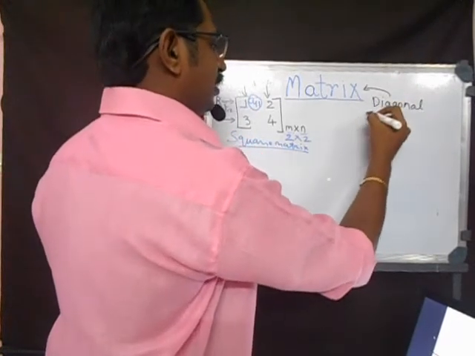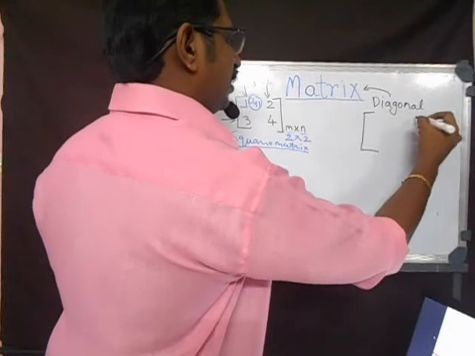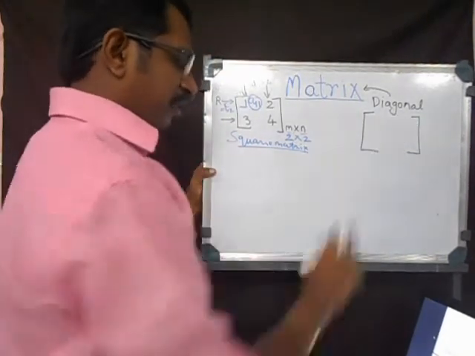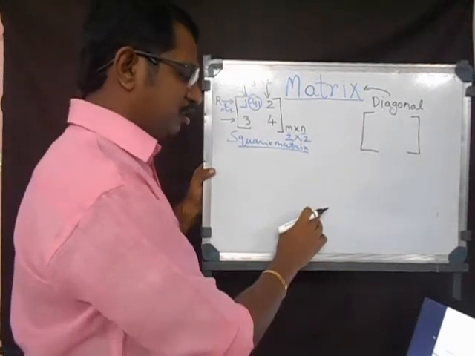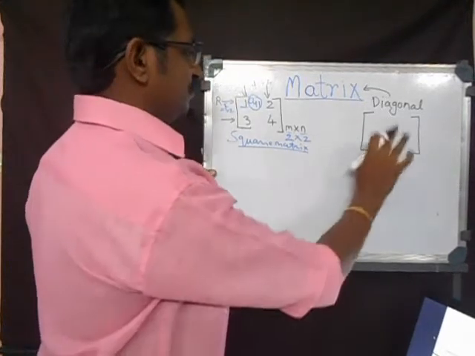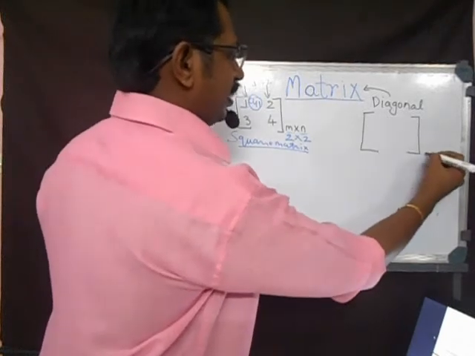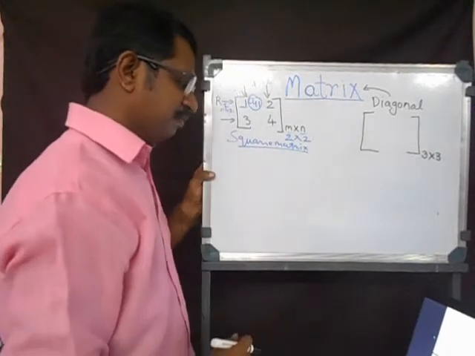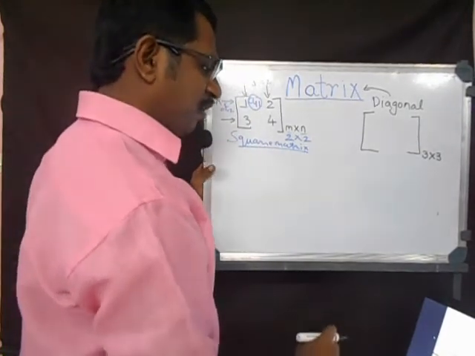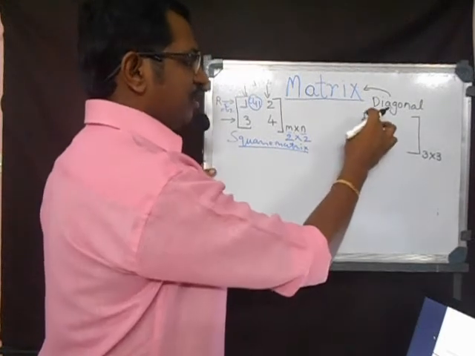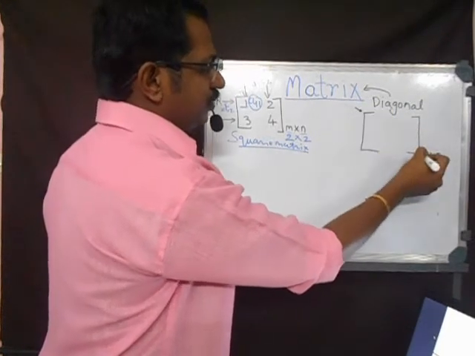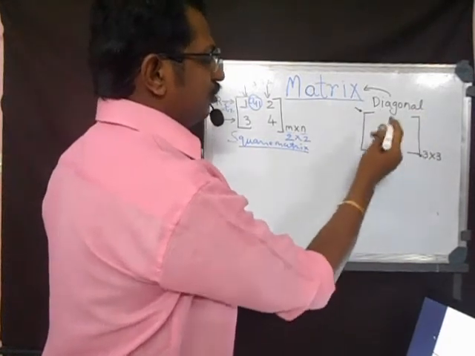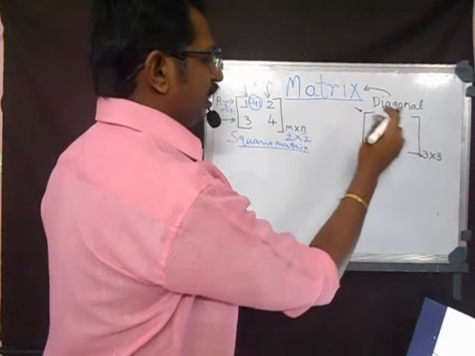What is this diagonal matrix? Say we are writing a matrix. It should be a square matrix. The first condition for a diagonal matrix is that it should be a square matrix. So we write down a 3 by 3 matrix this time, which is a square matrix. Then the second condition is having non-zero elements on the main diagonal. The diagonal is always from here to here. Do not take the other way. This is the diagonal, and it should have non-zero elements.